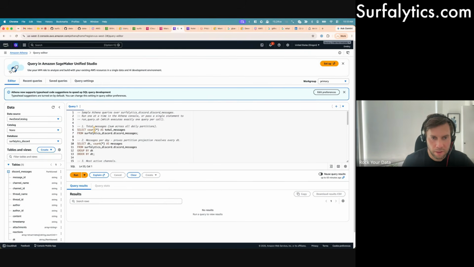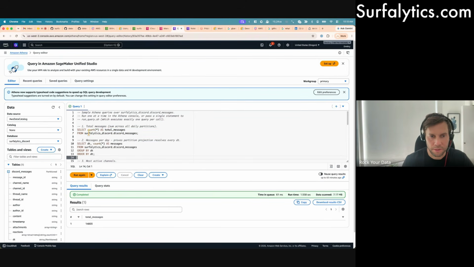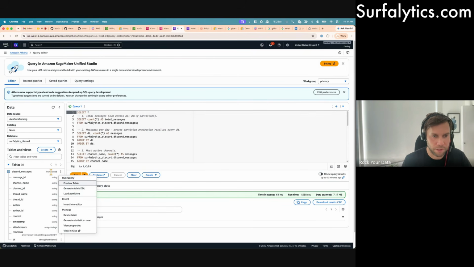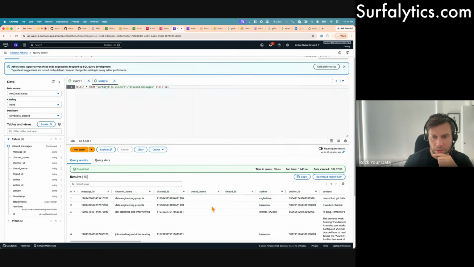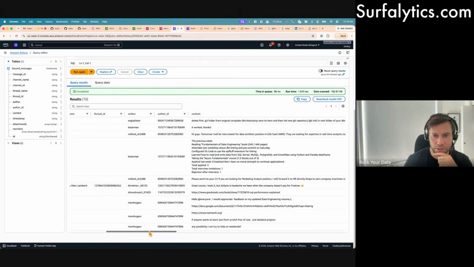and now I can run the queries and see. Maybe I can start from, I can even click here. It tells that it's partitions. I can see the DDL. I don't need to click load partitions because we have projections, but I can click preview table just to get the sample, and that's the sample. You see, it's all our messages